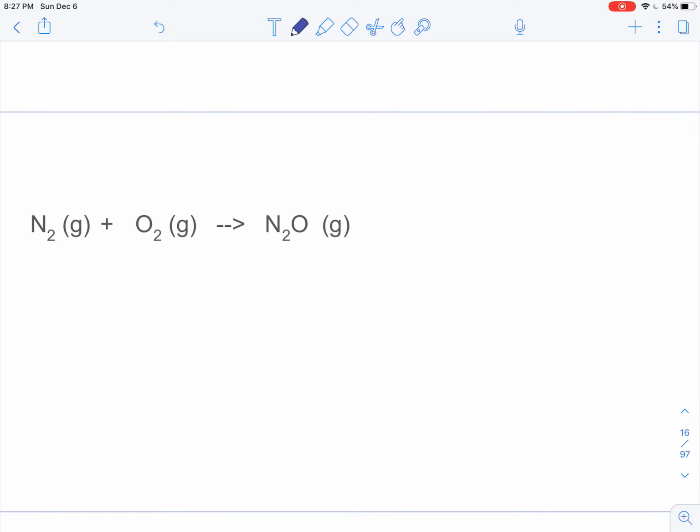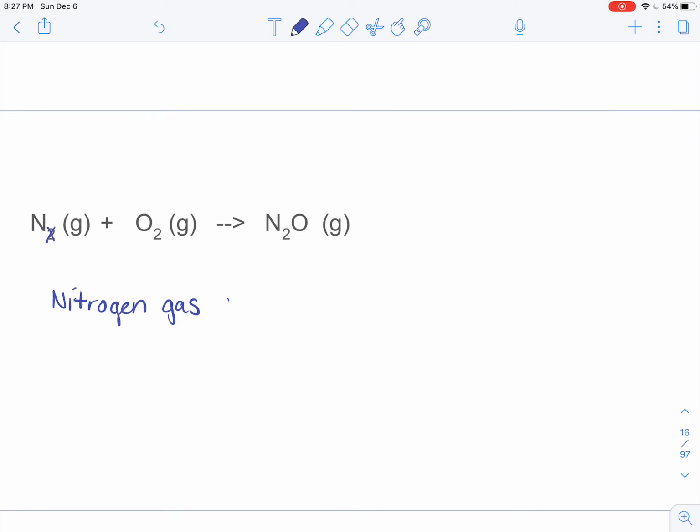So N2 plus O2 yields N2O. So again, N is just nitrogen. It is one of your diatomic elements, okay? So that 2 is unnecessary to write. When you write your word equation, just writing nitrogen gas by itself, the 2 is assumed because it is diatomic. Okay, so you don't need to do anything with that 2. Same for the oxygen. So it's just nitrogen gas and oxygen gas react to produce